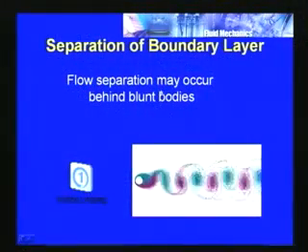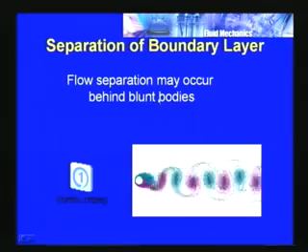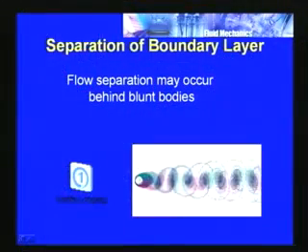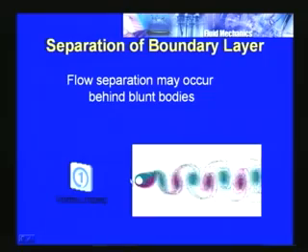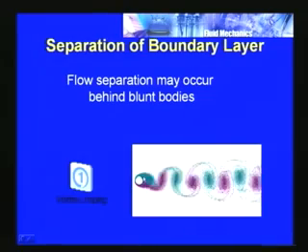Depending upon the shape of the body and the fluid flow parameters, the boundary layer can separate at various locations with respect to the flow. Here you can see the flow over a sphere, or a cylinder, animated. You can see that the flow is coming here, and then it is separated at some locations. Like this, depending upon the problem.